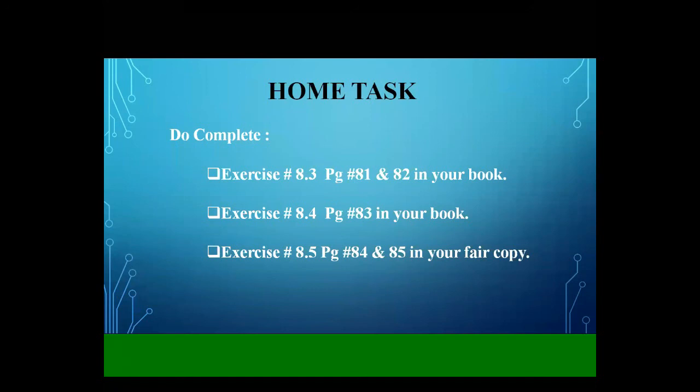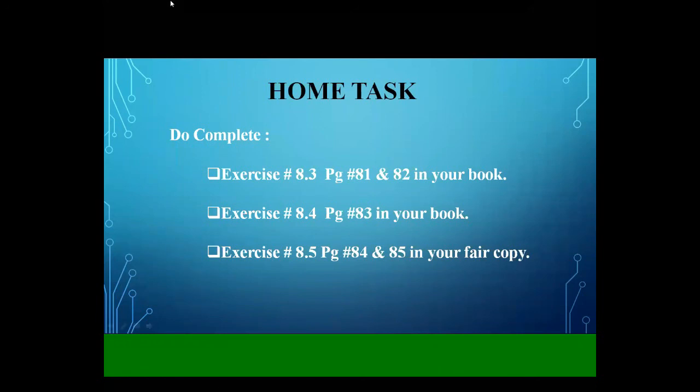First of all, you need to make a title page properly with blue color. Don't use any marker, any color in your copy. Then leave one page, then in a proper way by using pencil and blue color, you will solve all these word problems. Exercise 8.5, okay. So the length chapter is ended now.